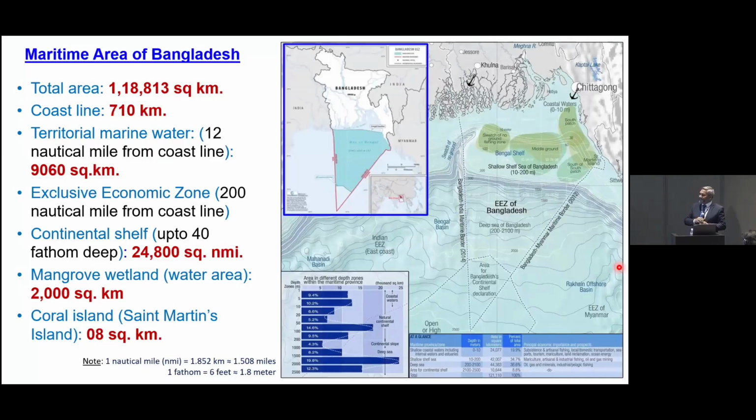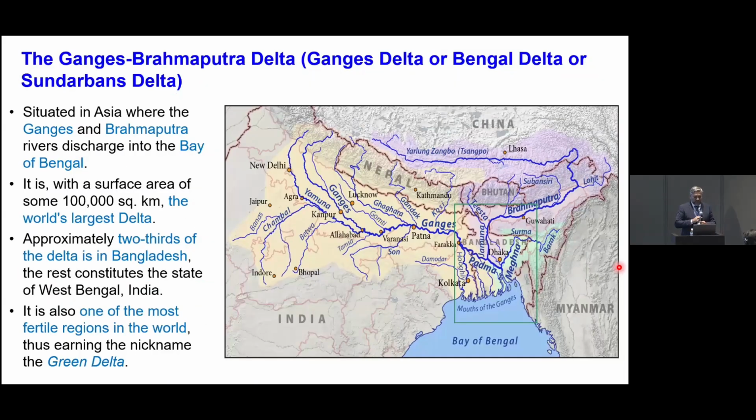So this is the Bangladesh maritime area. We have almost 118,000 square kilometers in the part of the Bay of Bengal. Bangladesh is located at the top of the Bay of Bengal between India and Myanmar, and our coastline is almost 710 kilometers. If you see the position of Bangladesh,